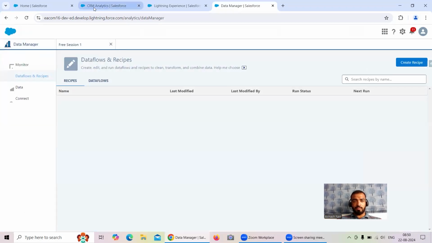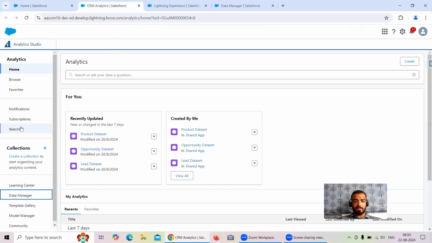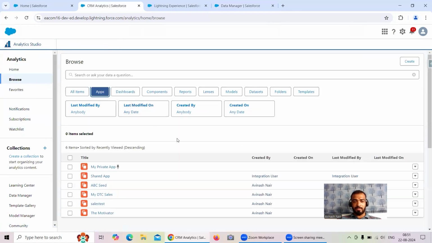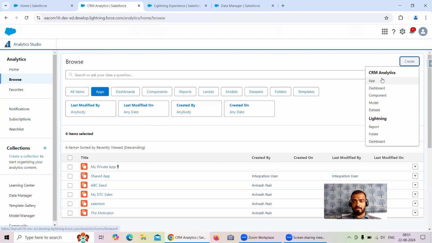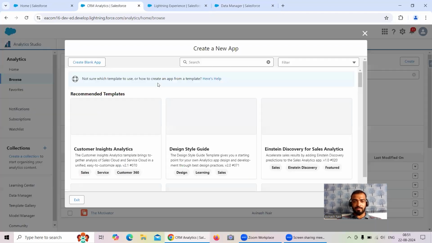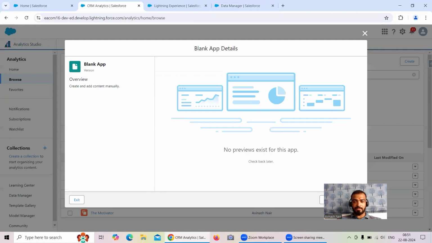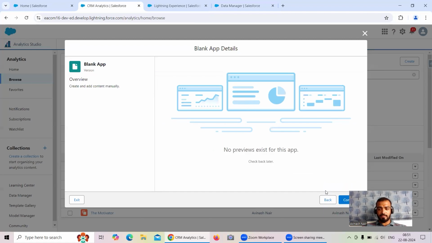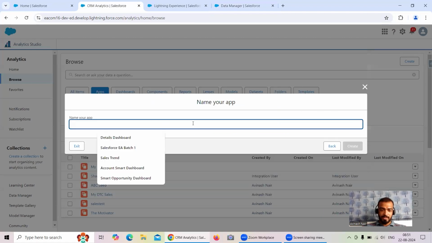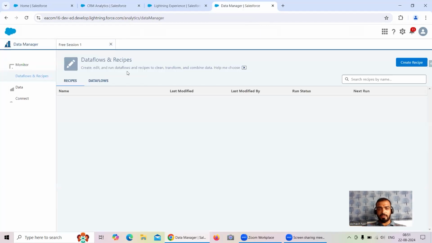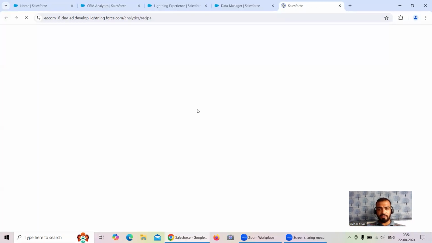Okay. Now before that, let me just create one app. So under browse section, let me create the app, and let me create a blank app, and over here let me just write recipe data set. Okay, and let me click on create. Fine. Now over here, if I go to create recipe,